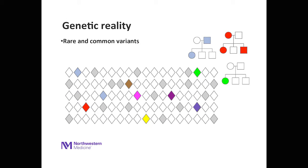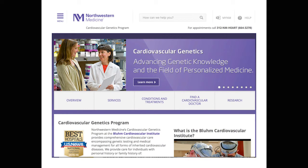So the genetic reality is we're a mix of a lot more variation than ever was imagined. Some of that variation is common, some of it is rare. It's powerfully poised to predict different healthcare outcomes for us and to let us take that information and make good decisions. I'm really showing this picture to highlight this woman right here,